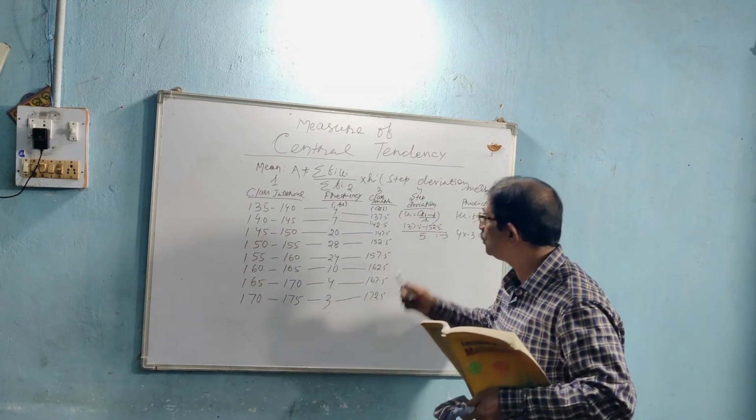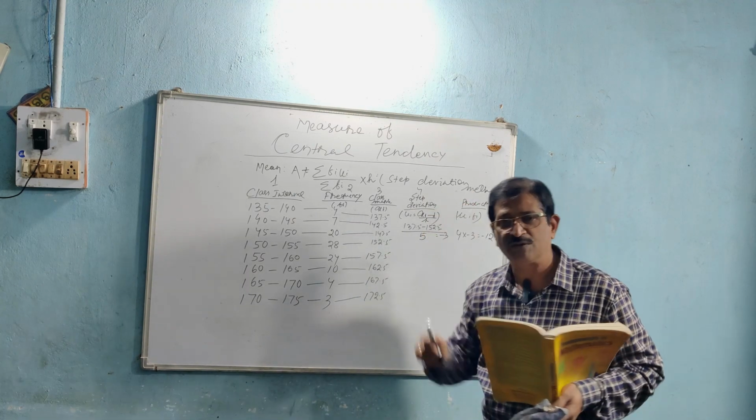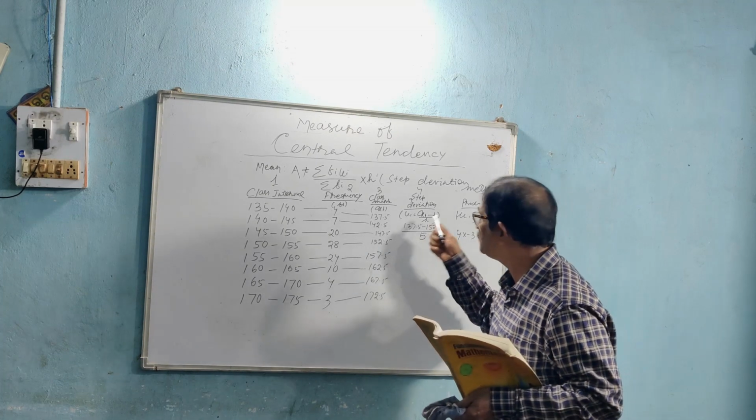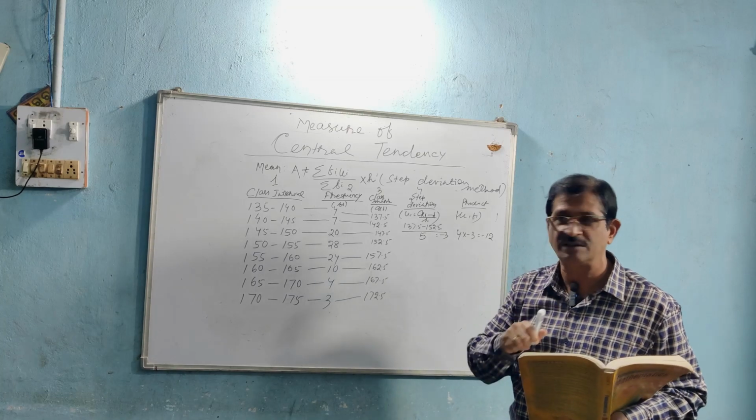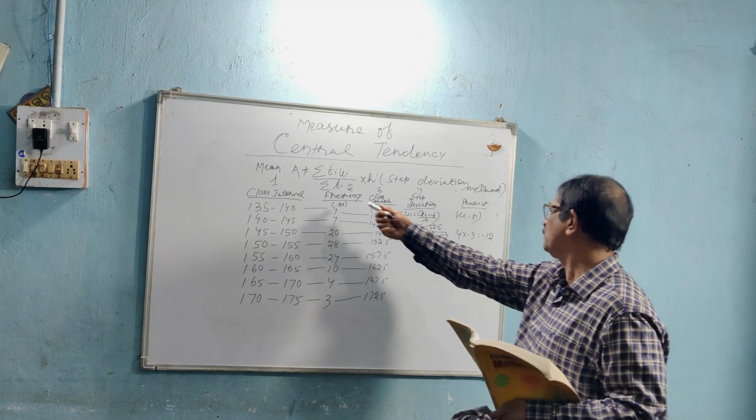So simple. Just to compare with the previous one, the shortcut method and the step deviation method. In step deviation, what is happening? This divisor was not there. This h is not there. Common divisor is not there. Only we have taken the assumed mean, and thereafter we are subtracting, and thereafter we are going for f1 and